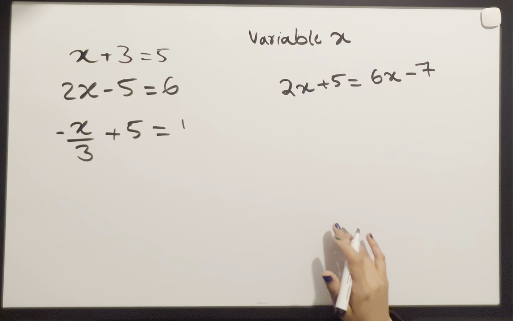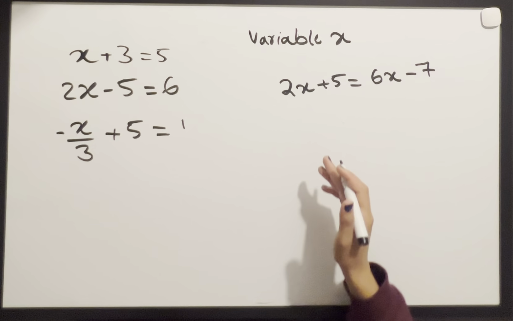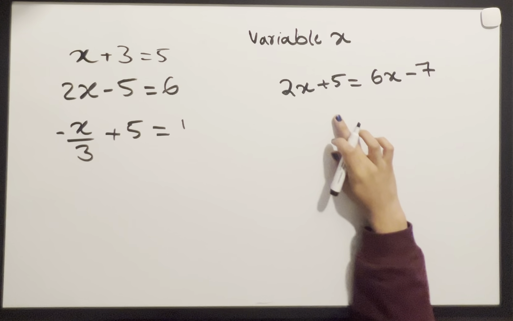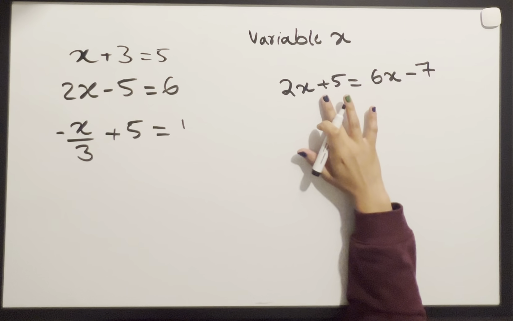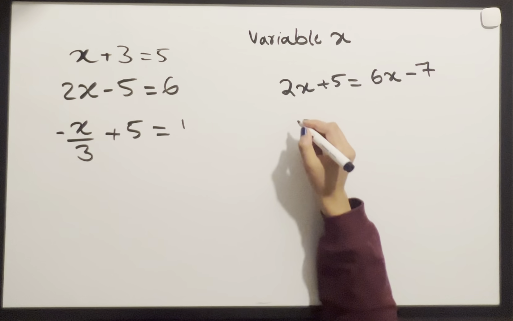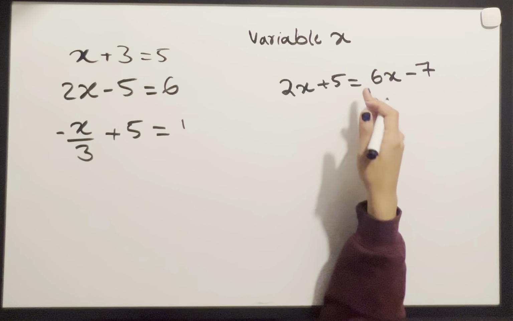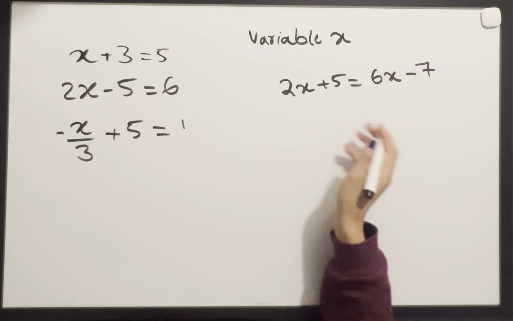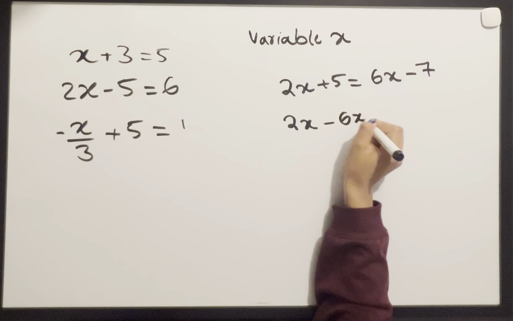And I want to give you a shortcut as we're doing this one, and it is that we can basically take these numbers and bring them over to the other side of the equation, and the only thing we need to do is change the sign of the number. When I bring this 6x, because it's positive, over to this side of the equation, I only need to change the sign. So it becomes 2x minus 6x equal to,